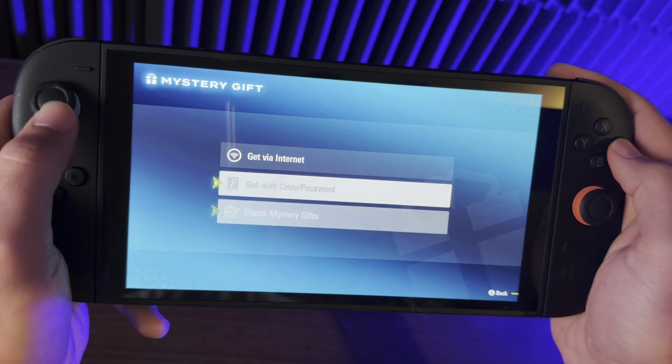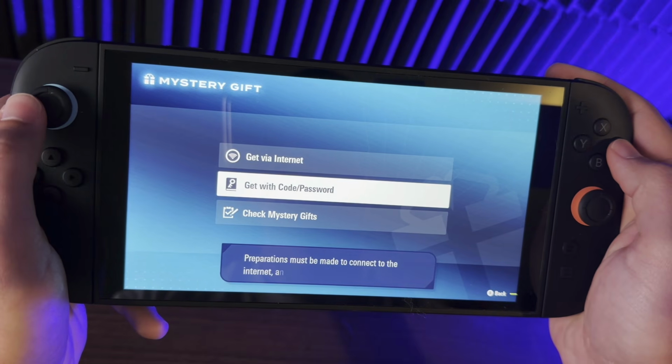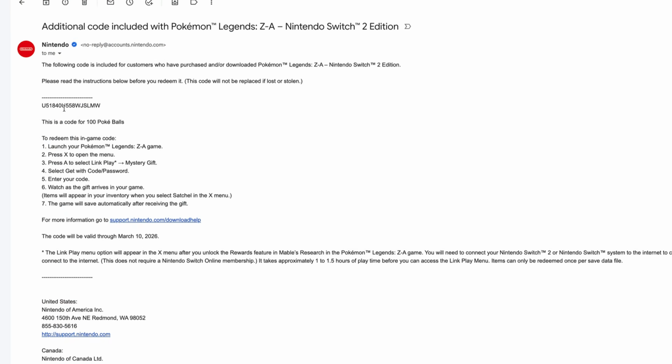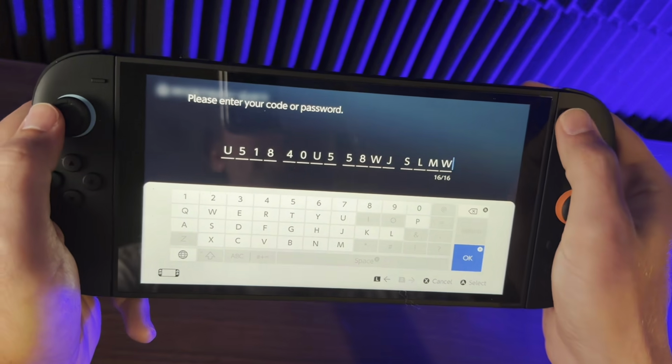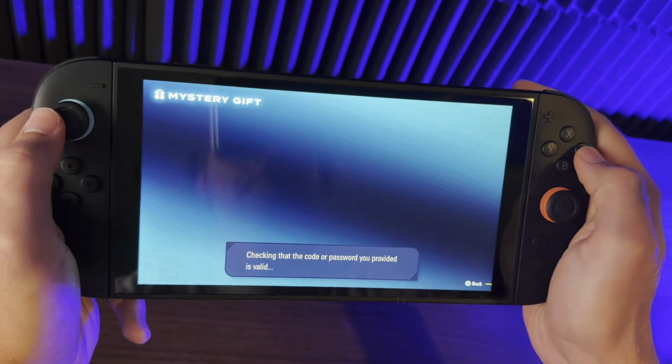The first one is Get with Code or Password. I'll show you what the email looked like for my pre-order. You may have a code that looks like this throughout the game's lifespan that you want to go and insert. So go ahead and find your code and insert it here once you're presented with this screen. Once you have your code fully typed in, press A or the OK button there, and it will go ahead